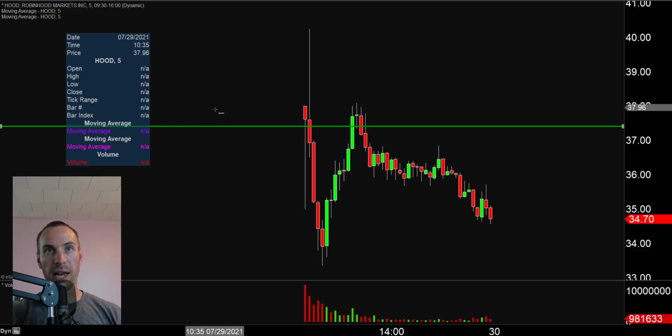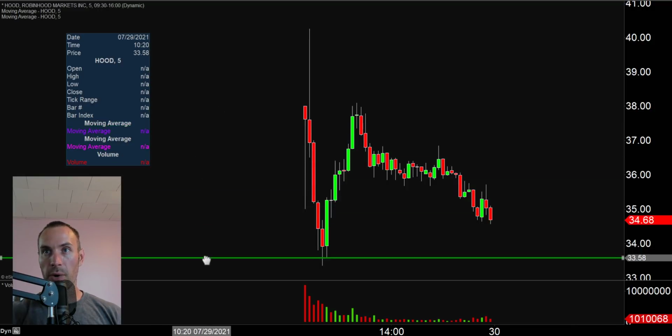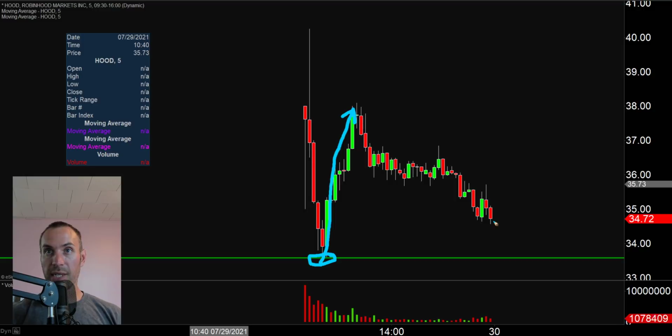So the first level that everybody and their brother's uncle is going to be watching, rightfully so, is going to be right down there around $33.50. No fancy reasoning other than the fact of, well, that's just simply where this crazy bloodshed here finally stopped. And not only did it stop, it did actually produce a nice bounce, and the price is getting within striking